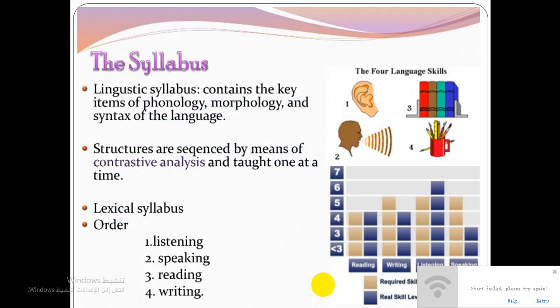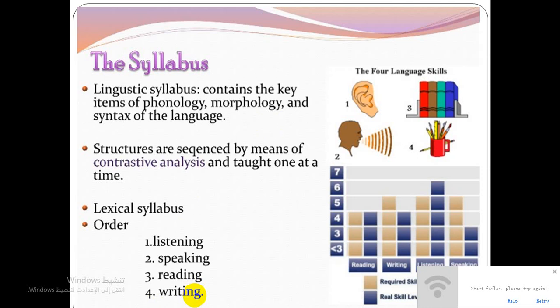The syllabus. Audiolingualism is a linguistic or structure-based approach to language teaching. The linguistic syllabus contains the key items of phonology, morphology, and syntax of the language, arranged according to their order of presentation. The language skills are taught in the order of listening, speaking, reading, and writing. Listening is viewed largely as training, but at more advanced levels, more complex reading and writing tasks may be